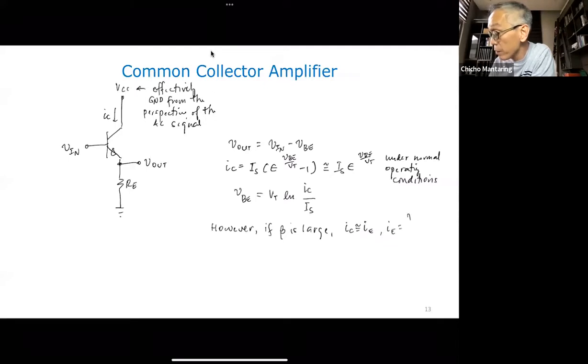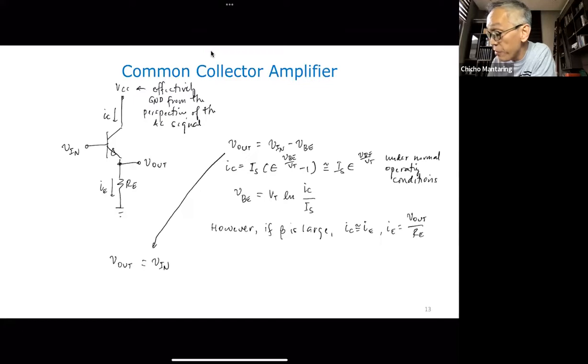is V out over RE. This is I of E. It's just your output voltage divided by your emitter resistance. So we can write VBE. We can now write V out. So that's from this equation. V out is equal to V in